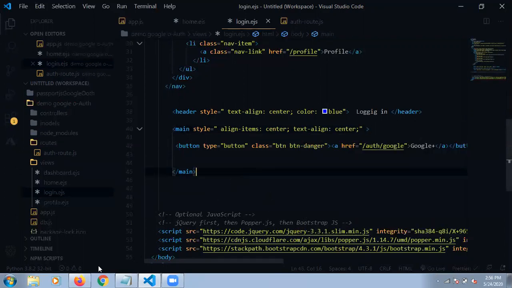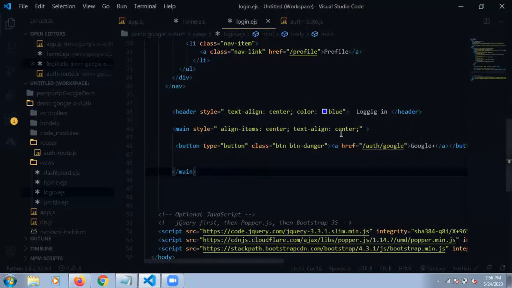Everything is fine, and just running the application. Fine. See, it is coming in the center, but we have to make the login blue. We need some width and height.